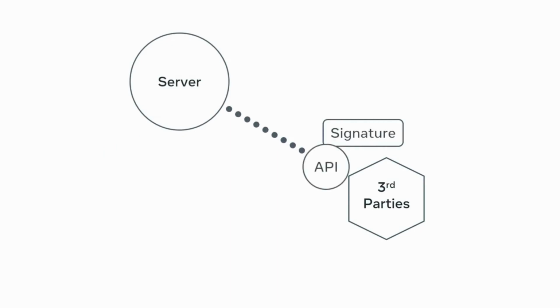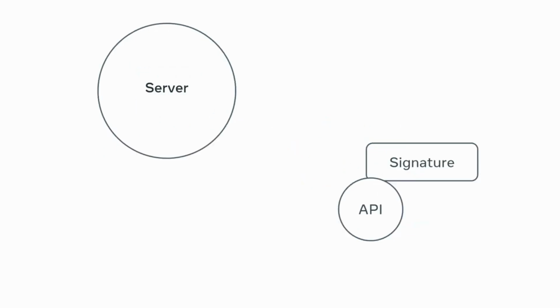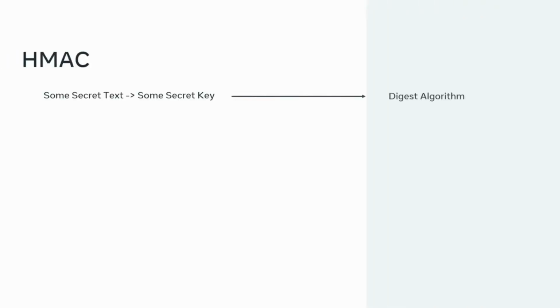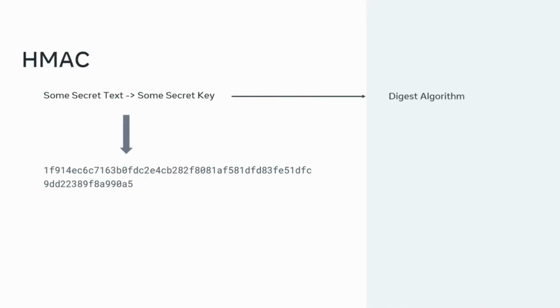With a signed URL, every time an API is called, a particular piece of text called a signature is included with the URL. Server-side code can verify the signature and ensure that the call comes from an authentic source. But how do developers create these signatures? HMAC is a popular signing mechanism used by modern applications. It is easy to use and ensures the authenticity and integrity of the message. For example, some secret message encoded by a digest algorithm with some secret key creates this HMAC